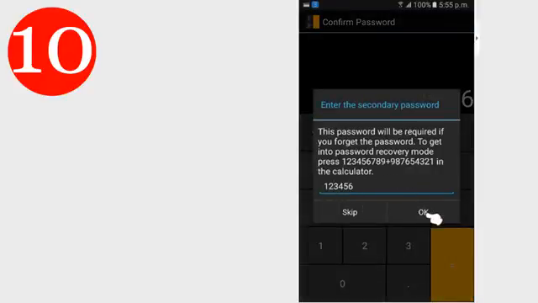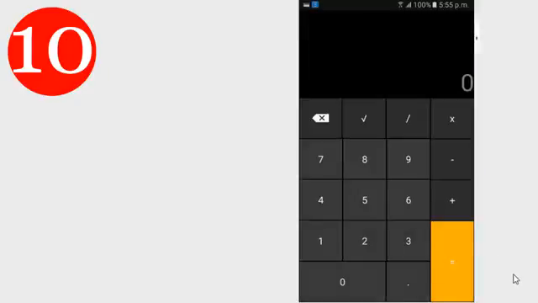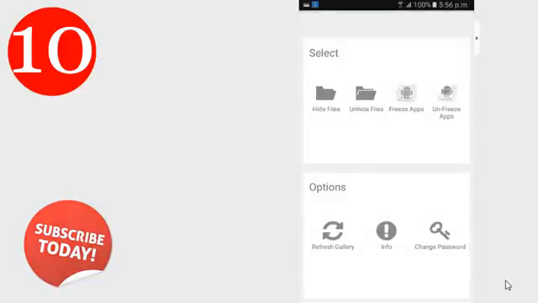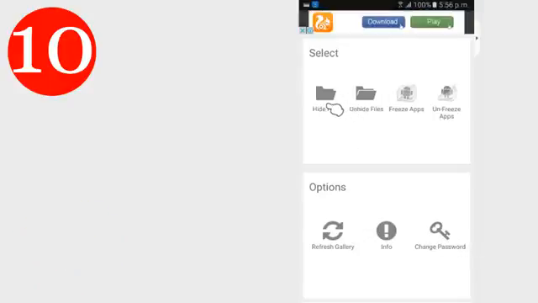After you confirm the password, you will see the fully functional calculator app on your screen. You just need to enter the password and tap on equals button to access the vault. Once you enter the password and tapped on equals button, you will get to see the options like hide files and unhide files. That's it.